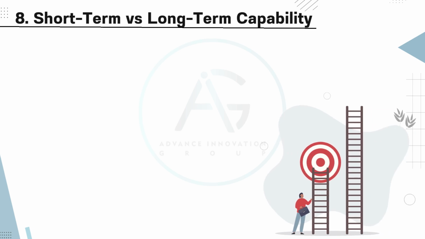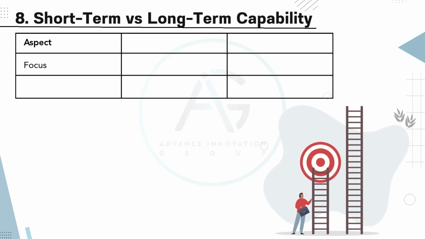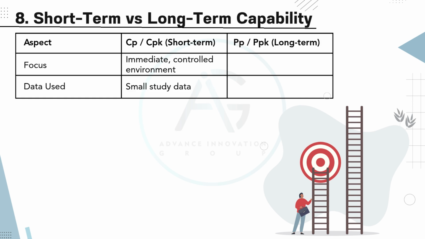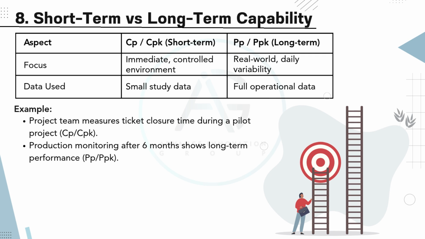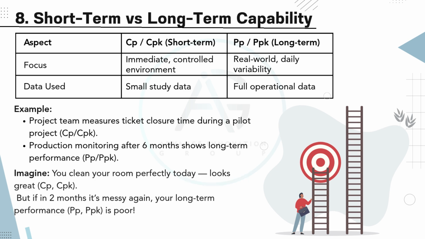8. Short-term versus long-term capability. Aspect, focus, data used. CP/CPK: short-term, immediate controlled environment, small study data. PP/PPK: long-term, real-world daily variability, full operational data. Example. A project team measures ticket closure time during a pilot project, CP/CPK. Production monitoring after 6 months shows long-term performance, PP/PPK. Imagine you clean your room perfectly today. Looks great, CP/CPK. But if in 2 months it's messy again,